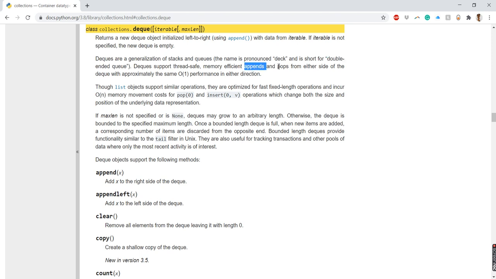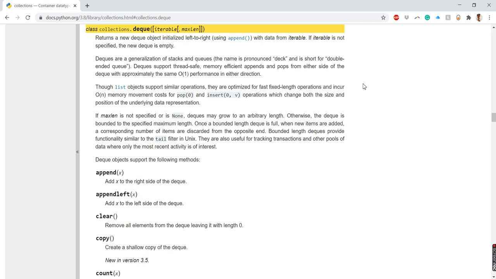Because the append and the pop of the elements from this DQ are from both sides of the DQ with approximately big O of 1 performance. That is the major thing whenever we want to deploy any models or do any operations. So this has constant time complexity, not linear or logarithmic time corresponding to the number of elements.